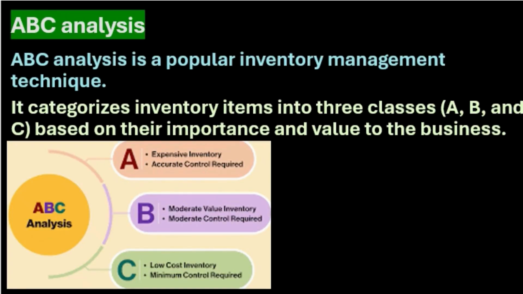ABC analysis is a popular inventory management technique. It categorizes inventory items into three classes A, B, and C based on their importance and value to the business. You can see the chart for more details about ABC analysis. Next question: